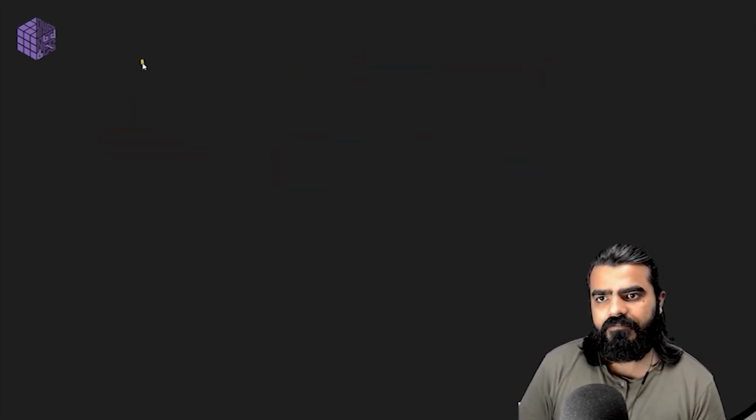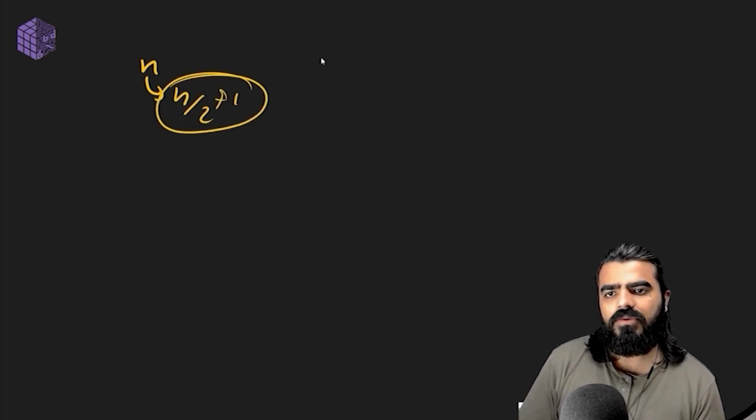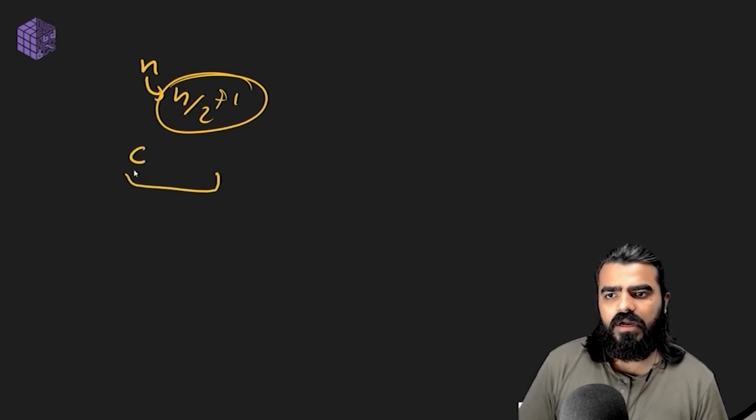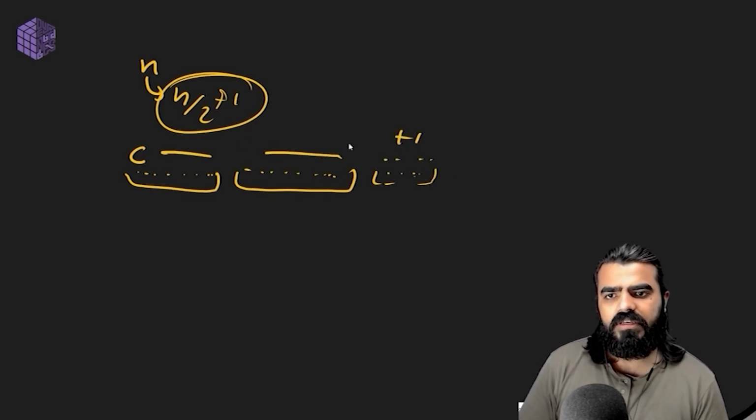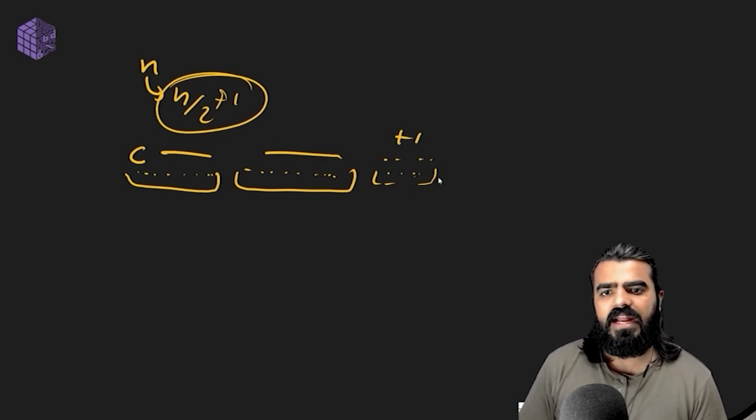right? So if any element is voting for itself and I have one person whose vote is n by 2 plus 1 times, right? So it will cancel out all the other votes, right? In the first part, let's say that our counter, the contender was having a win, +1 +1 +1 +1. Then again it had a -1 -1 -1 -1. But again it will have a +1 again, right? At this point again. So this part cancelled out, this part doesn't matter. We have more +1s for this contender than -1, right?